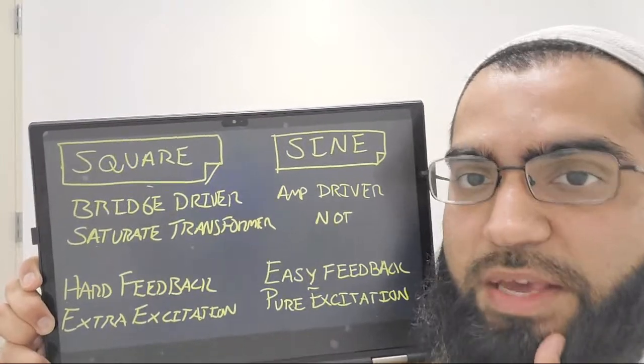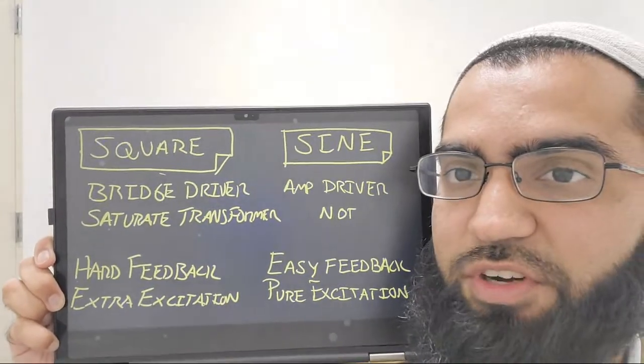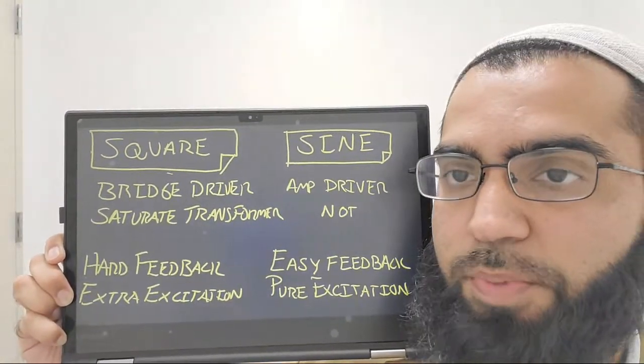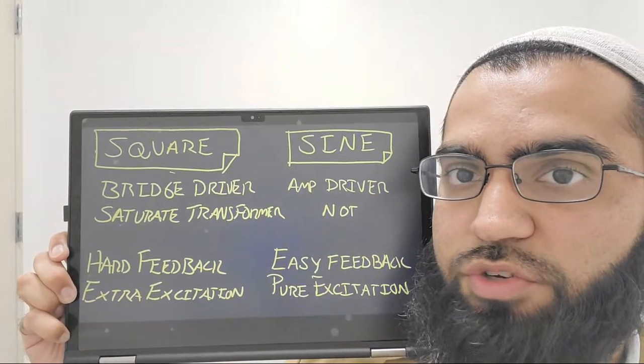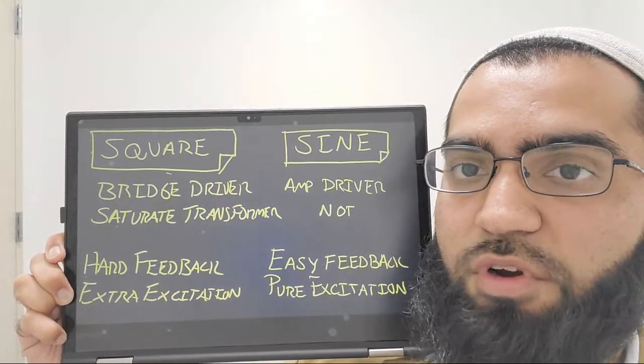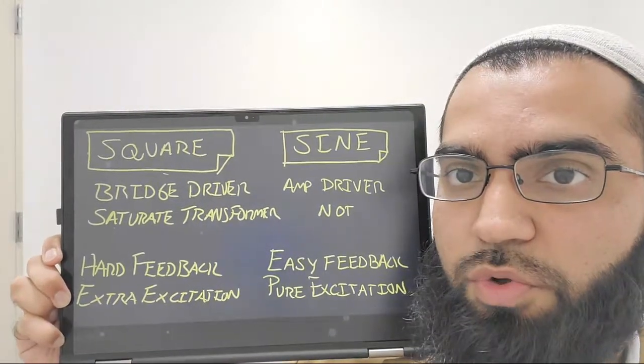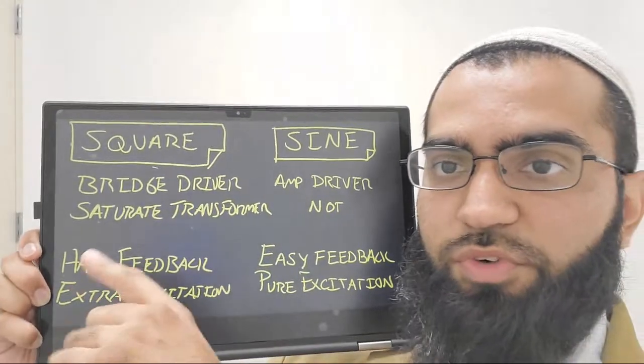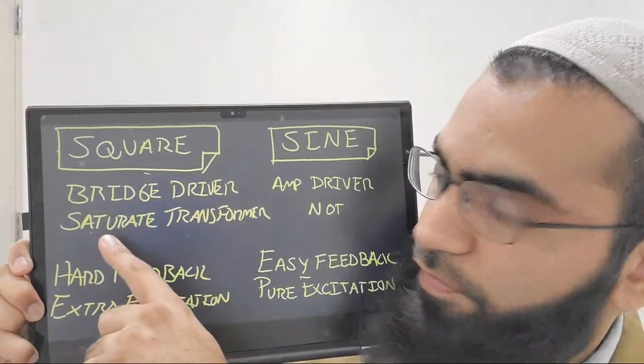And if space and cost are less of a concern, and also power to that amplifier, because they do have their inefficiencies, then you may look into a square wave if that works for you, or a bridge driver. Next, if there's a transformer involved, because I mentioned there's a transformer, either a step up or step down voltage. For a square wave, you're putting a lot more electrical stuff inside of that transformer. You're more likely to saturate it than you would in a